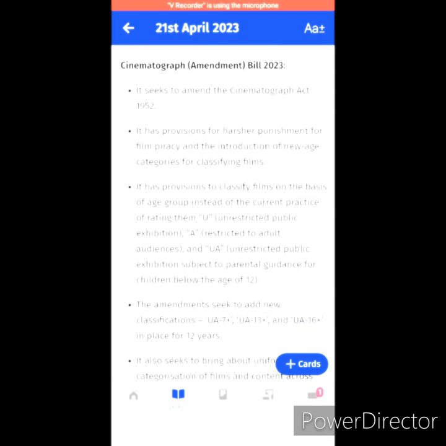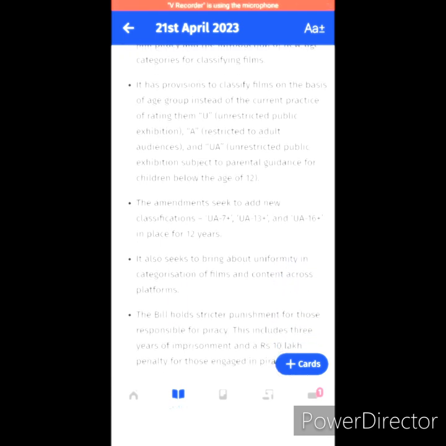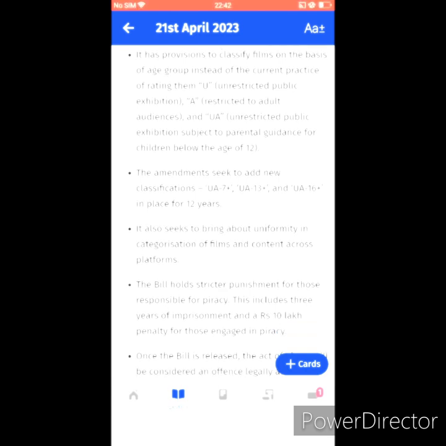Cinematograph Amendment Bill 2023. It seeks to amend the Cinematograph Act 1952. It has provisions for harsher punishment for film piracy, and the introduction of new age categories for classifying films. It has provisions to classify films on the basis of age group instead of the current practice of rating them unrestricted public exhibition, restricted to adult audiences, and unrestricted public exhibition subject to parental guidance for children below the age